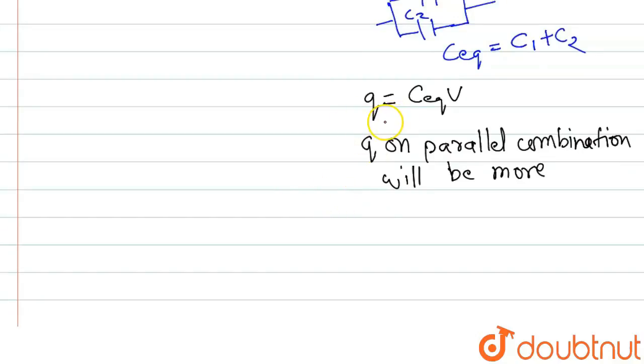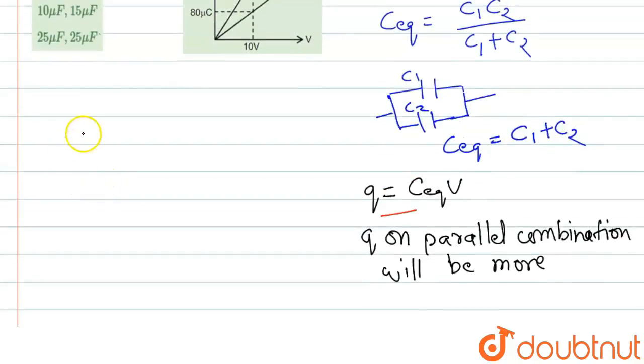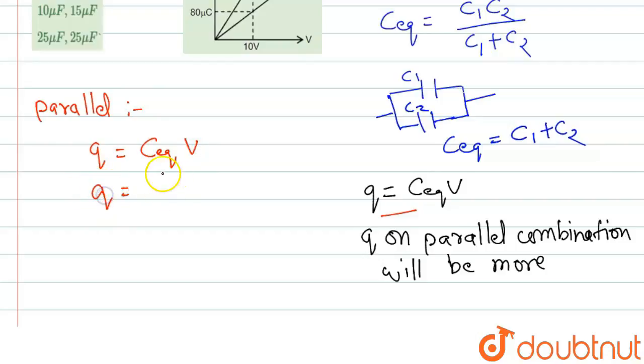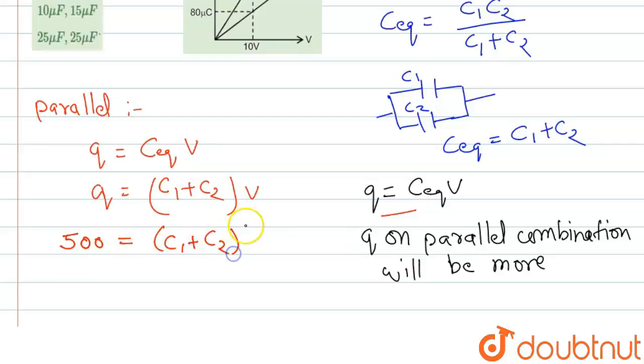So if we use this formula, for the parallel combination we can write Q equal to C equivalent into V, and Q equal to C1 plus C2 into V. So if we put the value, Q is 500, C1 plus C2, and V is 10. So C1 plus C2 will be 50